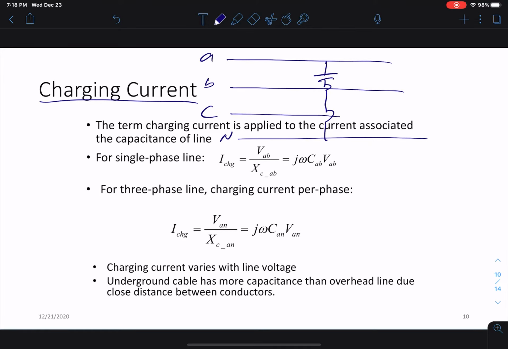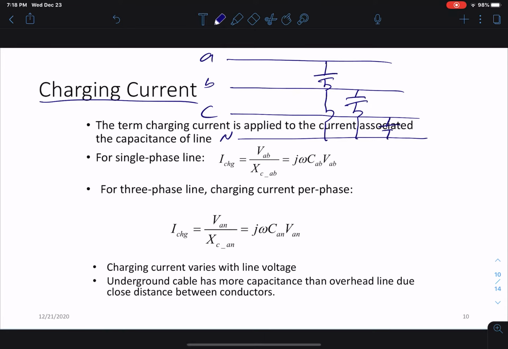Let me go through this. And this one has a capacitance to the neutral, right? So these are all the capacitance to the neutral. Let's say it's all C over here, all C, right? So if you don't have any load connected, or load current doesn't matter, connected or not, so let's say it's no load, then from